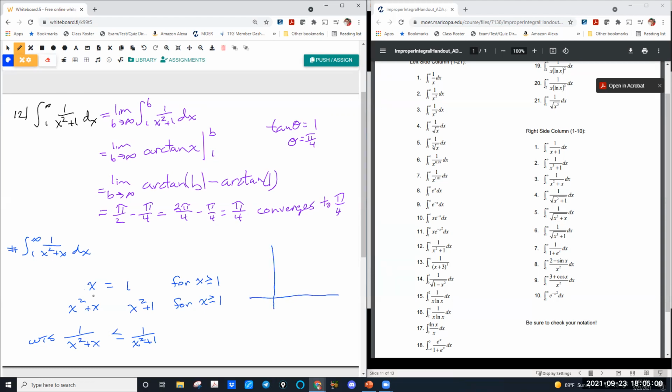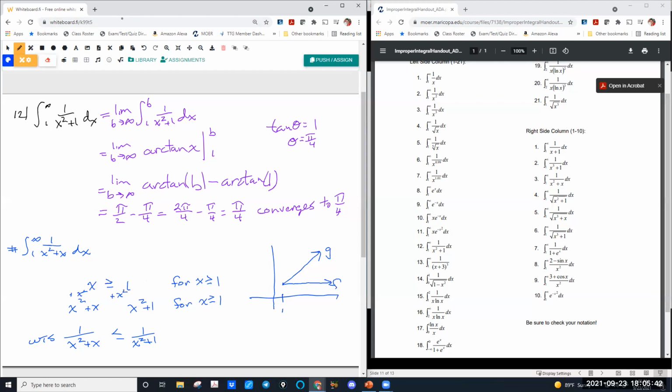We can look at a graph of them. Here's x equals 1. The graph of 1 is just a horizontal line. The graph of y equals x. So clearly, we have the case where f lies below g. Oops, I almost drew that backwards. So x is clearly greater than or equal to 1 for x greater than or equal to 1. It's actually a redundant statement, right? It's the same thing. Well, then what we do is we basically add x squared